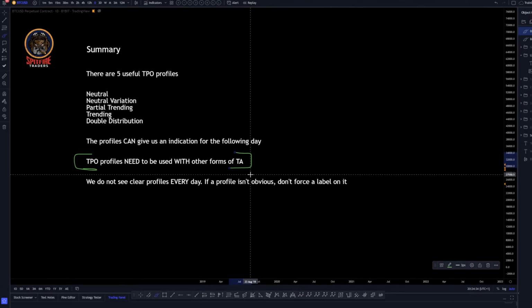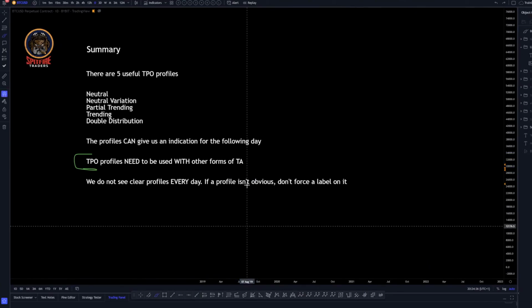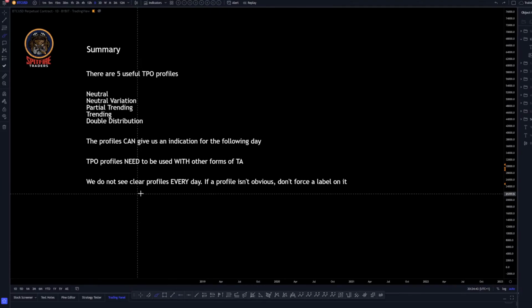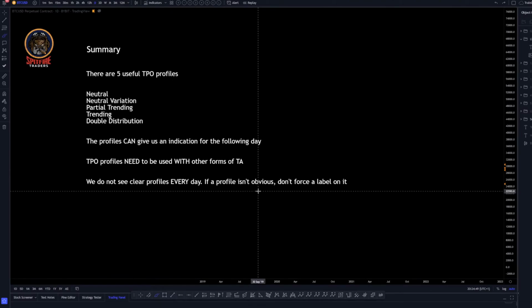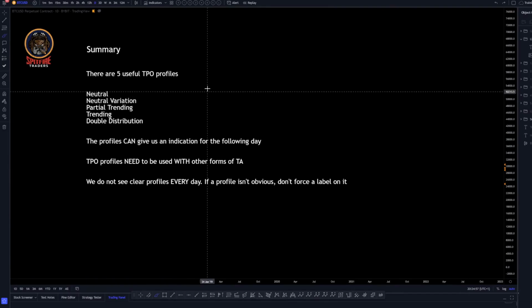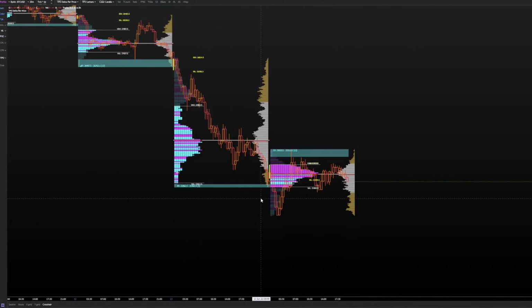And then the final point to the summary. Just like when we're talking about CVD, just like we're talking about imbalances, we don't always see a clear profile every day. For me, if a profile isn't obvious, don't force a label on it. Now, what do I mean by that? It's actually a term from Elliott Wave, but yeah, if a profile is not obvious,